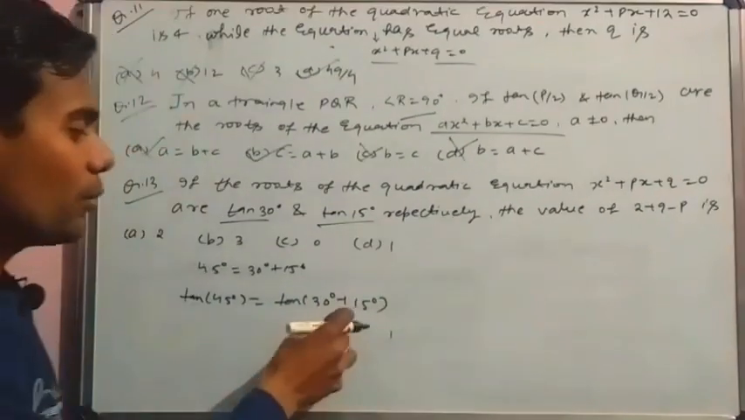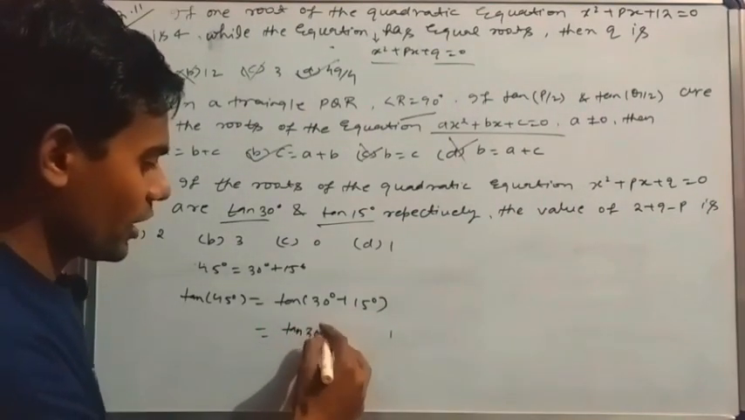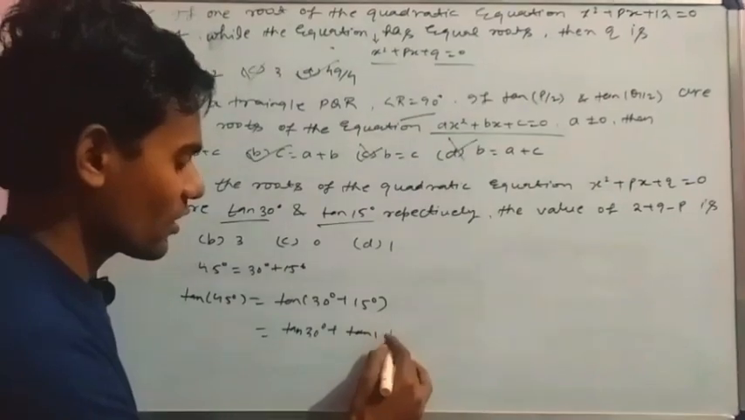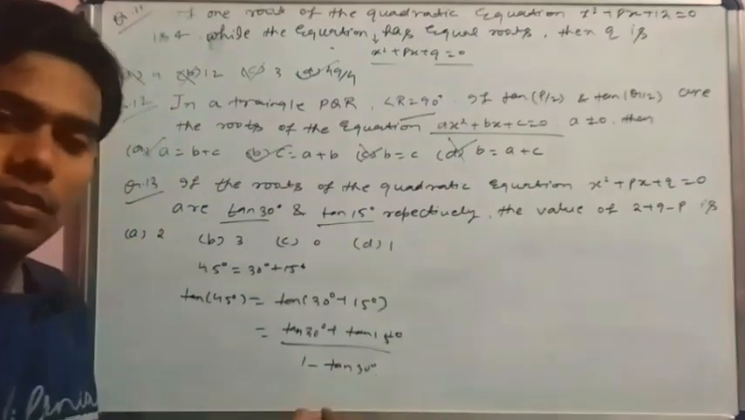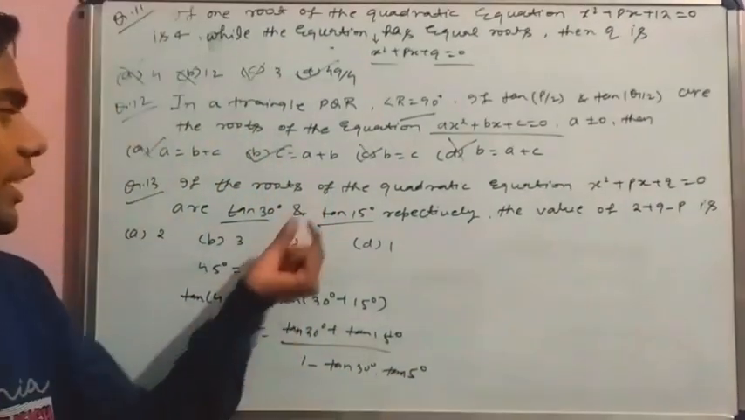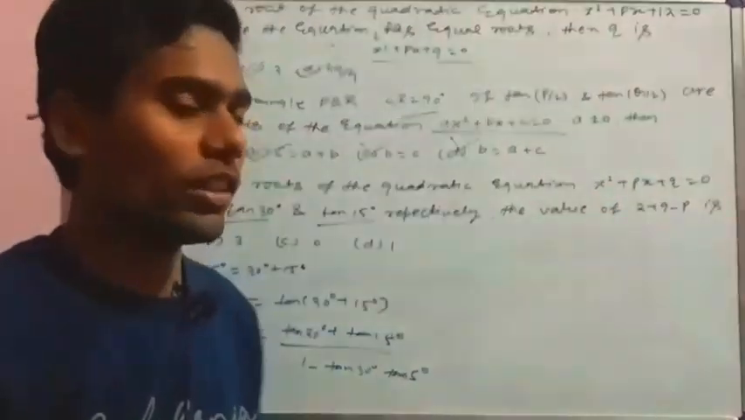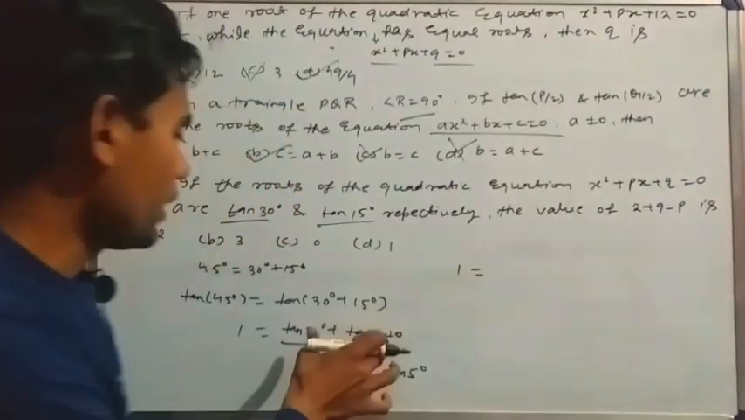We have to apply the formula tan a plus b. Tan a plus b is equal to tan 30 degree plus k tan 50 degree, divided by 1 minus k tan 30 degree and tan 50 degree. If tan 30 degree and tan 50 degree are the roots of this quadratic equation, then tan 45 degree is equal to 1, then we have to find the sum